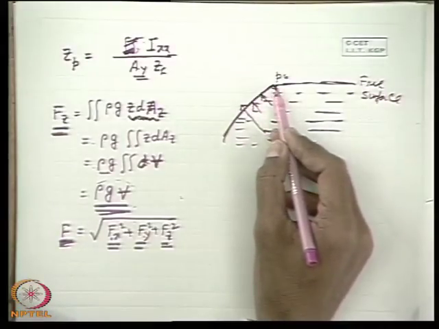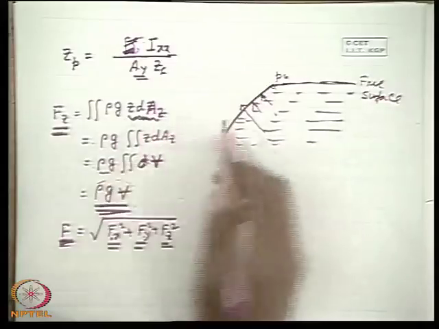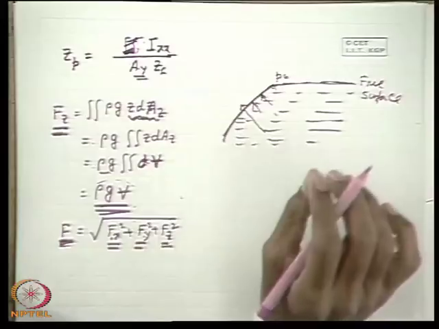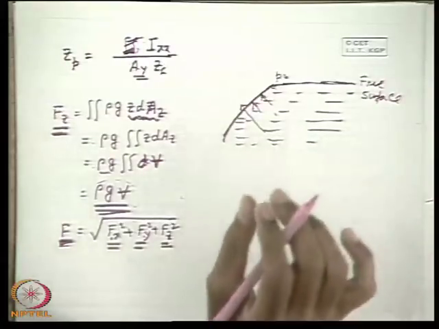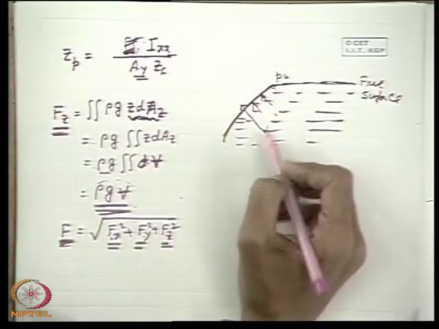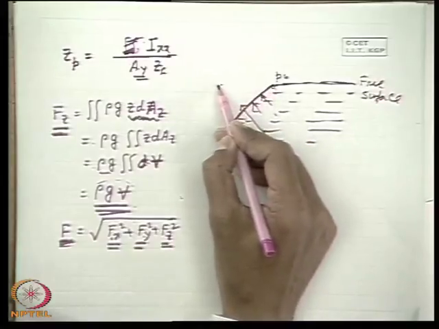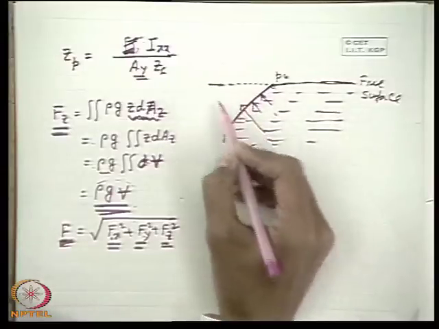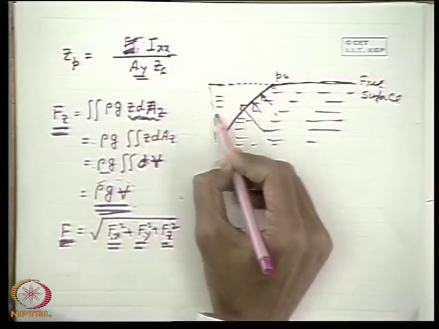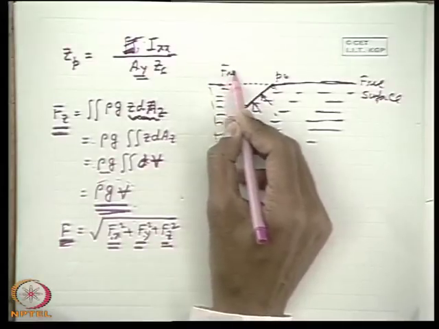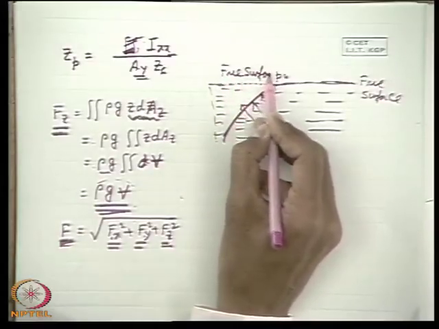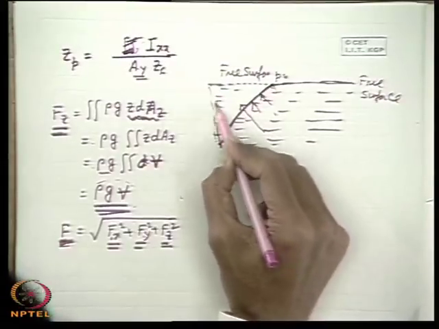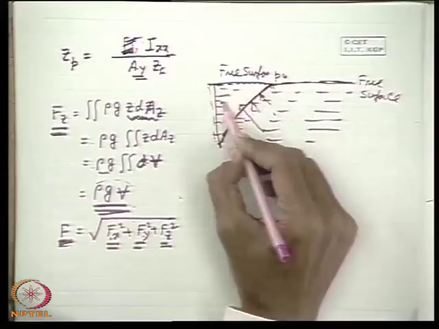pressure force, and try to apply the concept that it is the weight of the liquid above this surface, if we are told to find only the magnitude of the vertical component of the hydrostatic force, then common sense says we take an imaginary free surface. That means we extend the free surface as if the surface is submerged with this as the free surface. Same thing, we can find the submerged hydrostatic force: if this is the surface, I just take a projection. So this is the weight of this liquid.